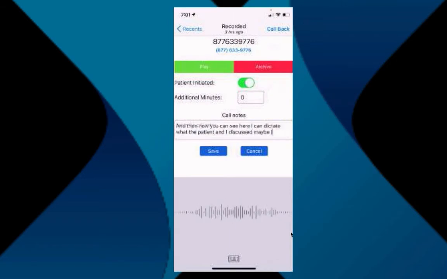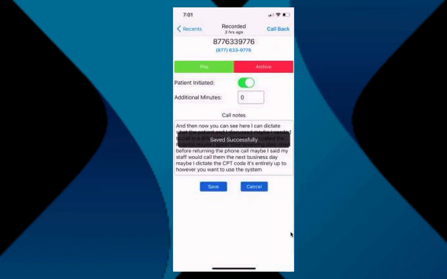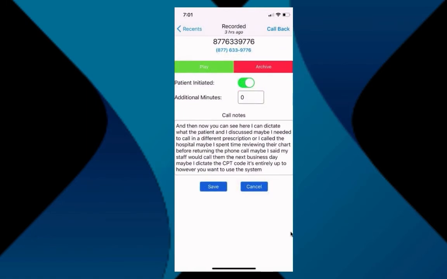Maybe I needed to call in a different prescription, or I called the hospital. Maybe I spent time reviewing their chart before returning the phone call. Maybe I said my staff would call them the next business day. Maybe I dictate the CPT code. It's entirely up to however you want to use the system. And now I've saved. Now I'll show you what your staff will be able to see the next business morning